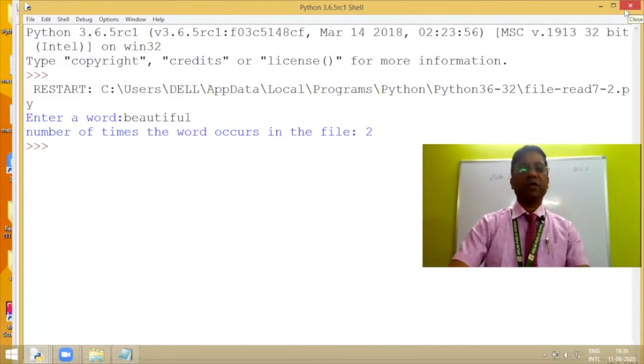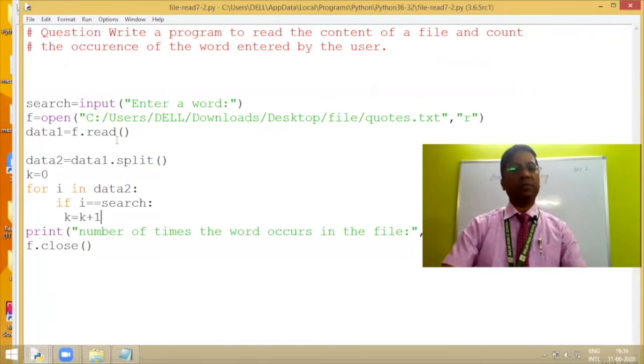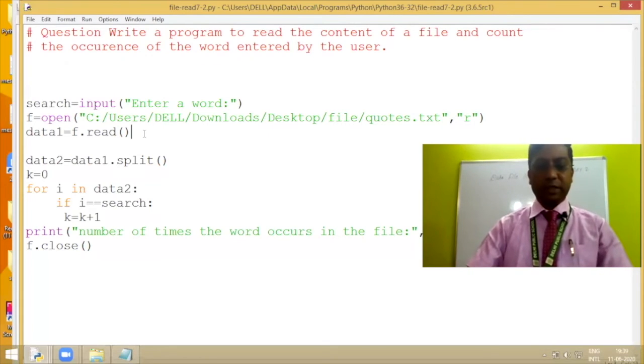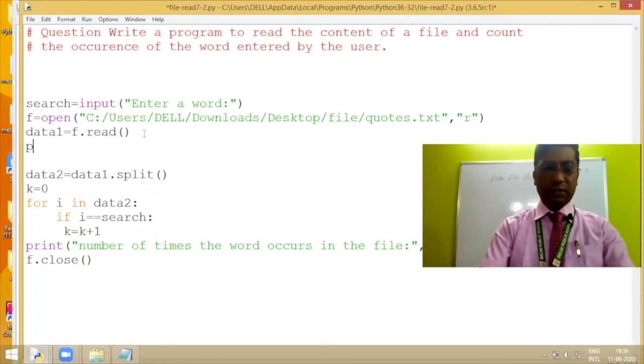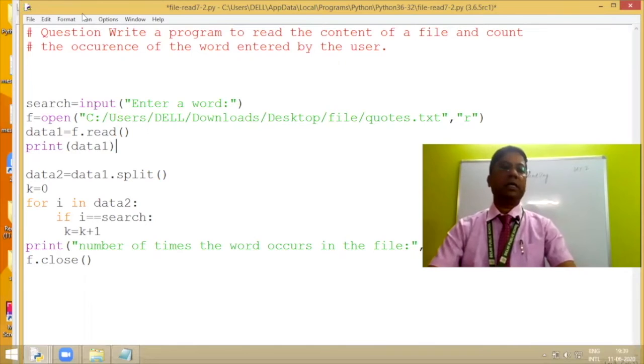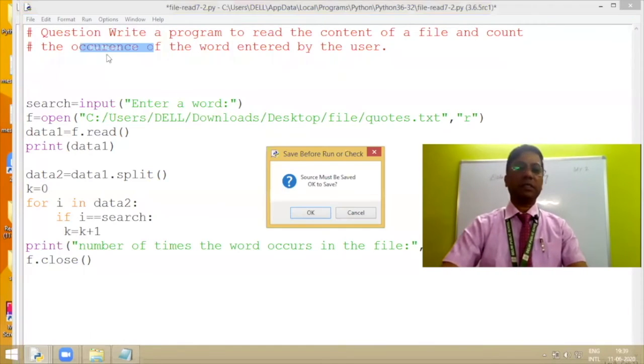Let us verify by displaying the content of the file here. This time I'll print data1, and again execute it, and let us see.